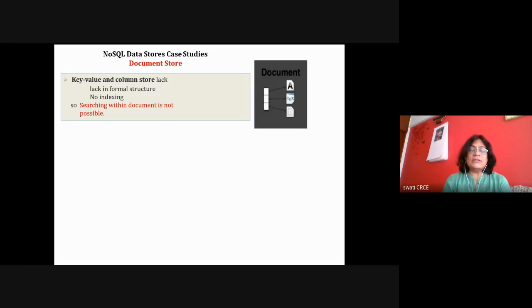Today's lecture I'm concentrating on the document store database, that is MongoDB. The learning objective of today's lecture is to understand MongoDB, a document store NoSQL database. First, we will see the features of document store NoSQL databases, and then we'll see the example in terms of MongoDB, one sample table for MongoDB, and the CRUD operations for MongoDB.